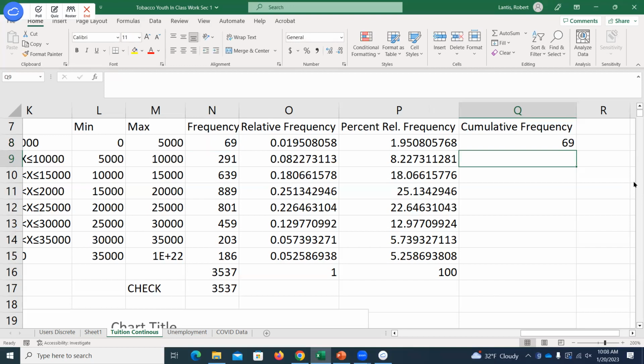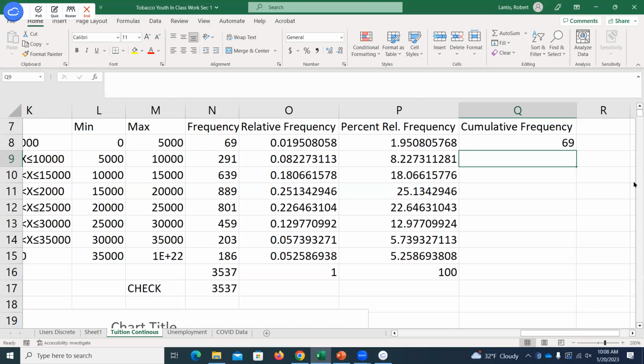For the second bin, what we're really saying is, how many observations were between 5,000 and 10,000, plus all the observations that were below that, between 0 and 5,000? Or another way of saying that is, how many of them were less than 10,000?